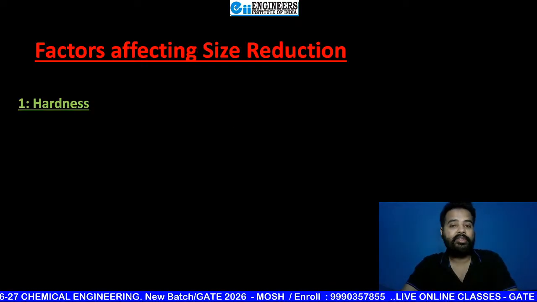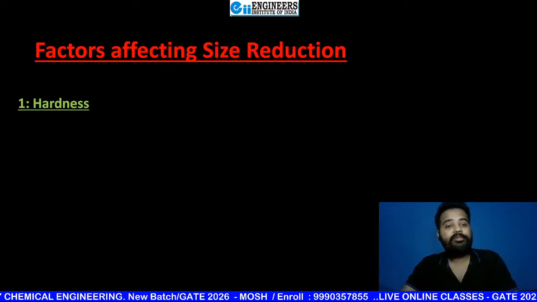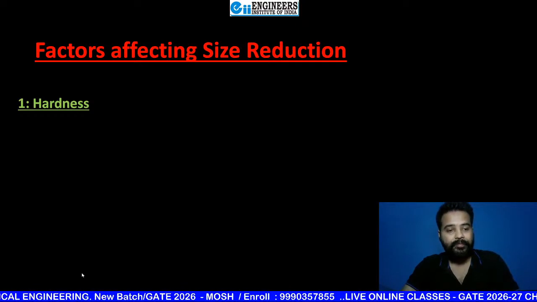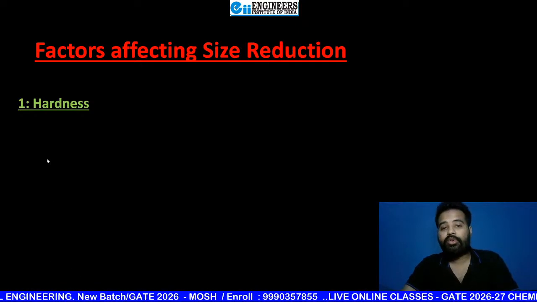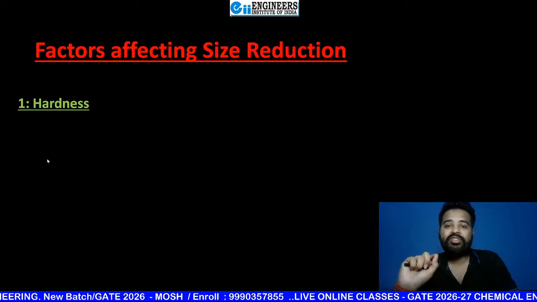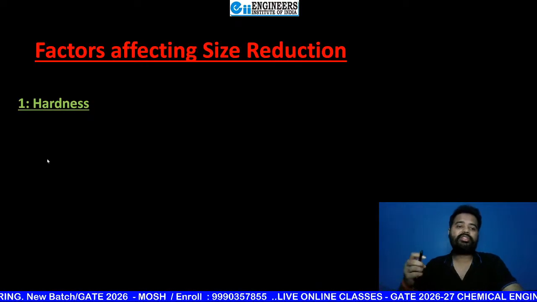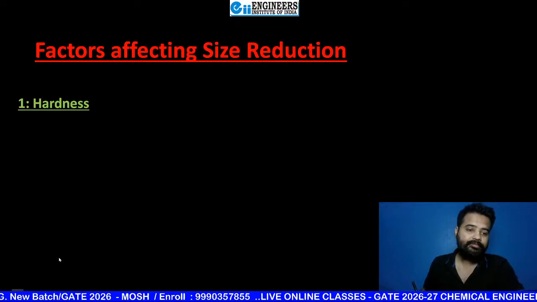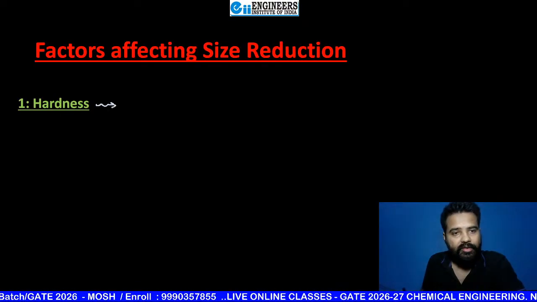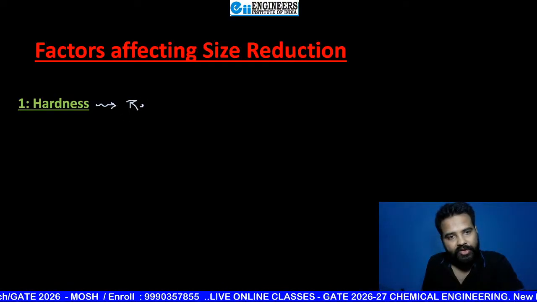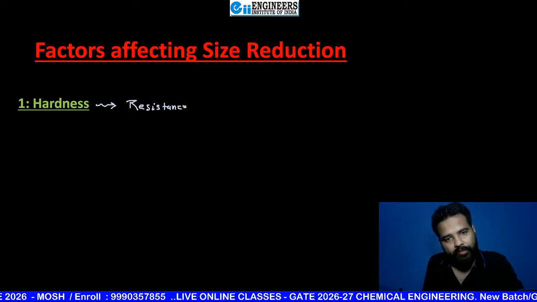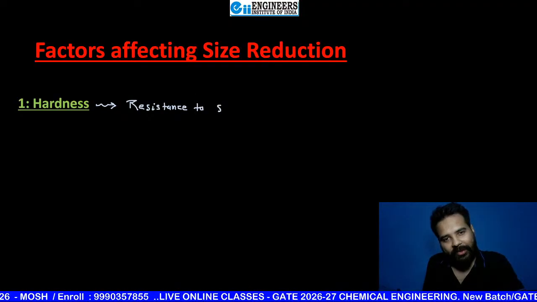Factors affecting size reduction. So the first factor that you are going to study here is hardness. And the good thing, you had just seen what hardness is. Hardness is nothing but resistance to scratch. What is hardness, beta? Hardness is resistance to scratch. Now please tell me,